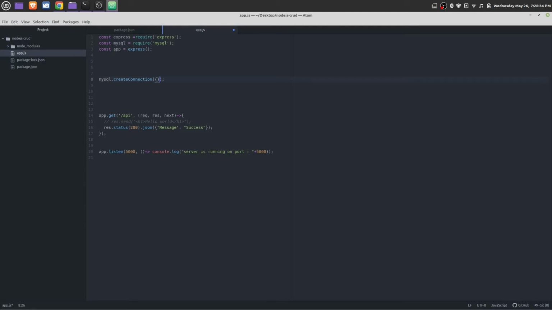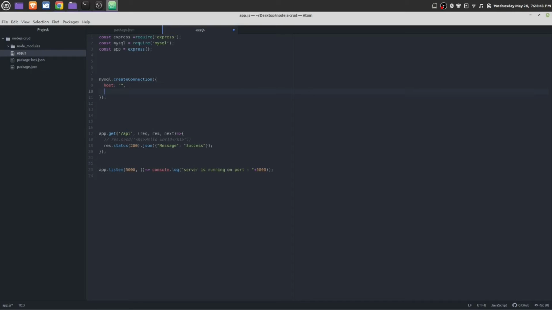Inside these curly braces we need to put some options. First option will be host. For now it's blank. User, this is also blank. Password, this is also blank. And next we'll have